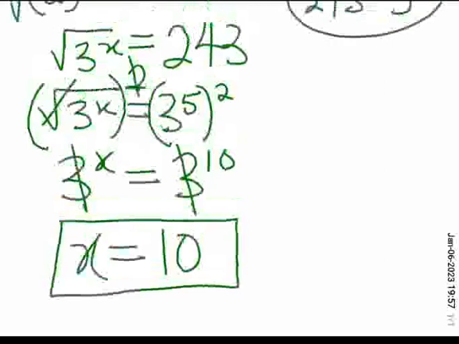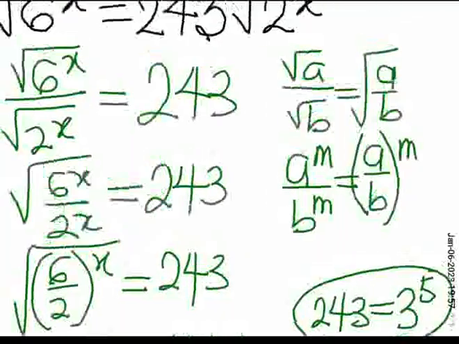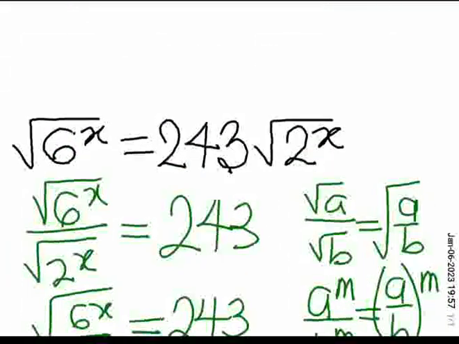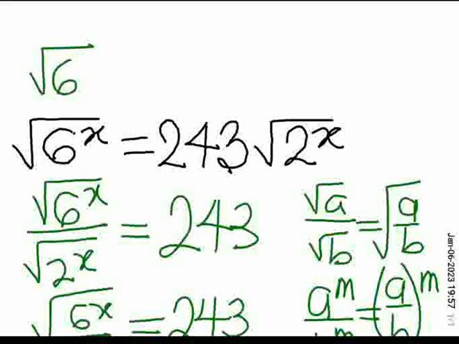We can go on to verify to check if that answer is a true solution to the question. If we decide to plug in x as 10 there, we'll have square root of 6 raised to power 10. If we find the square root of this, it will give 6 raised to power 5. 6 raised to power 5 times 6 raised to power 5 is 6 raised to power 10. Now by the right hand side,